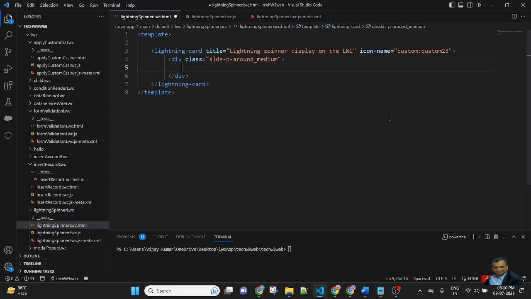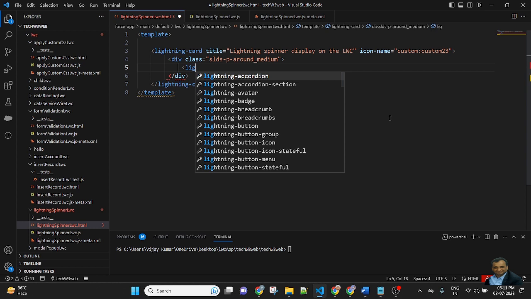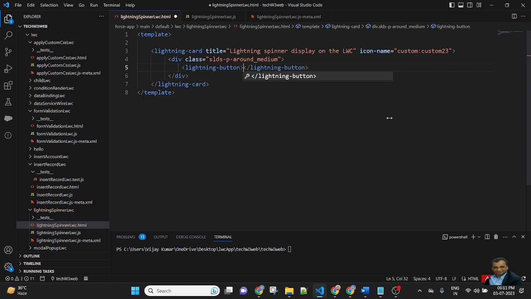Inside the div, I will create two lightning buttons. One to show the spinner, the second to hide the spinner. Lightning button, label: show spinner, onclick pass the action method showSpinnerAction.